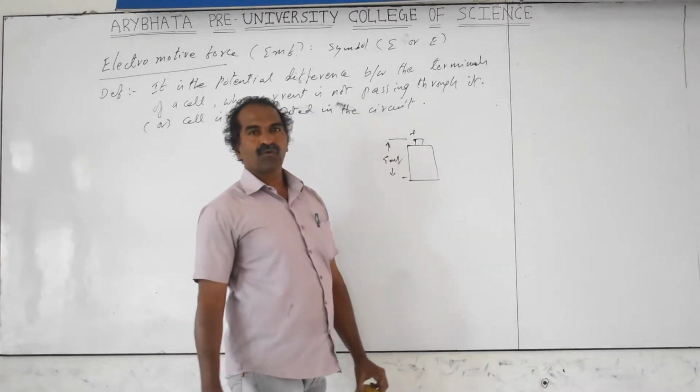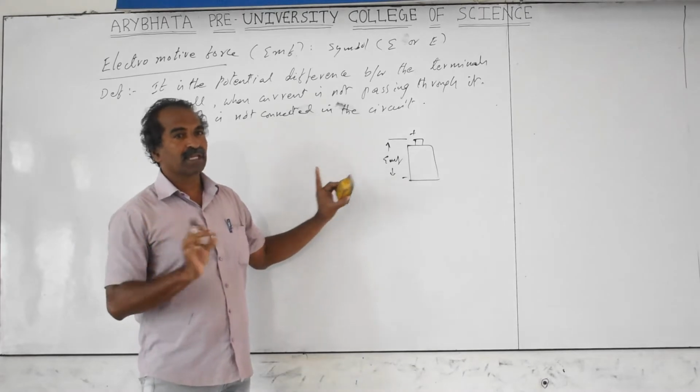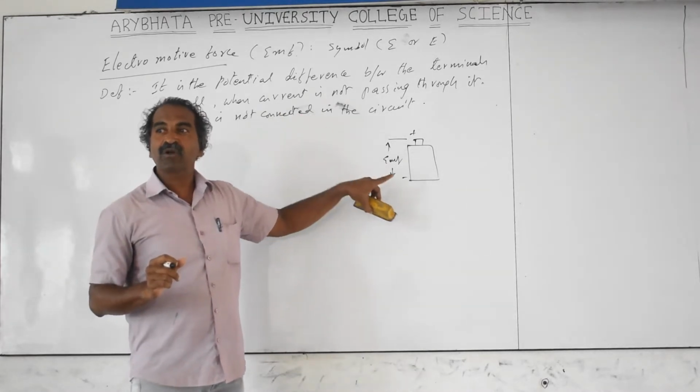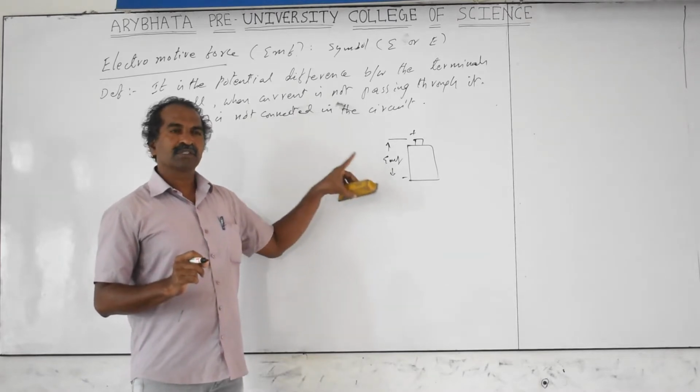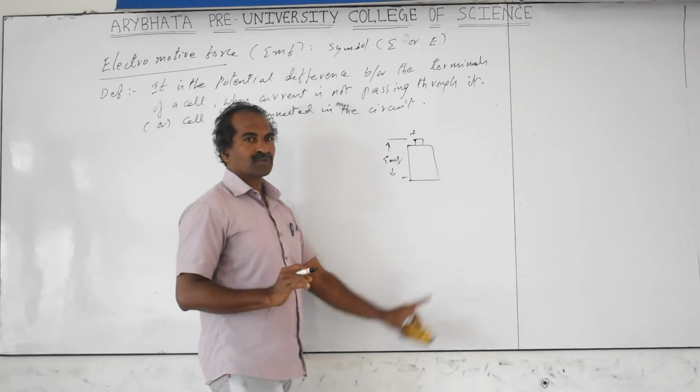It is called a force because there is force on the electrons to move, so they kept the name force in the beginning, but actually it is not a force. A force is a vector. It is nothing but voltage only, potential difference only. So it has the units of volt. So electromotive force units is also volt only.